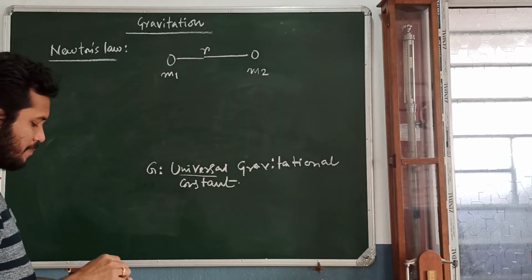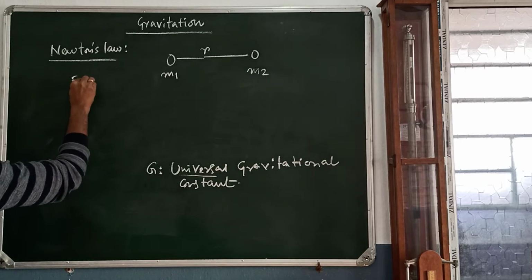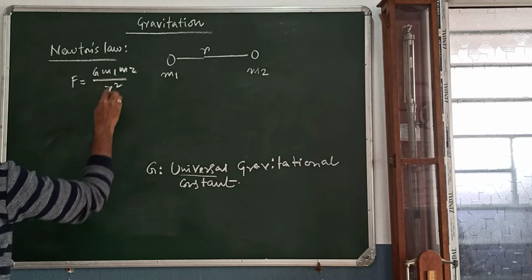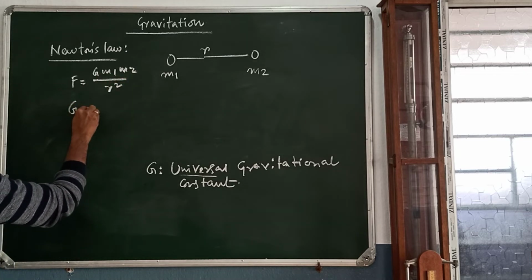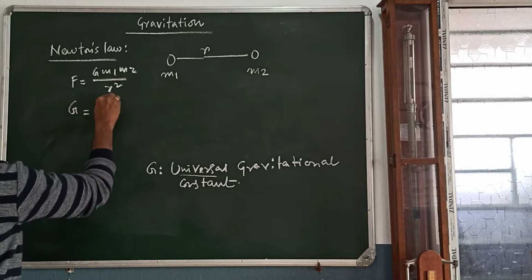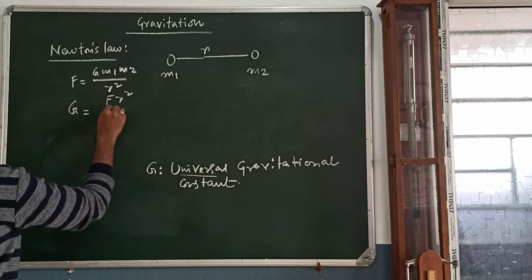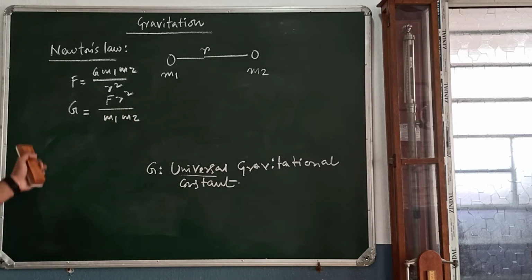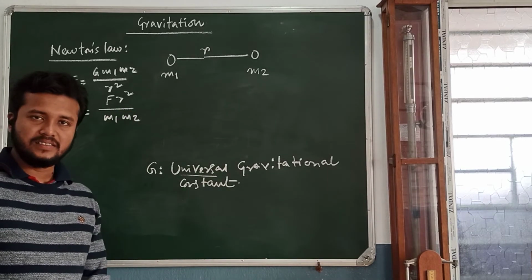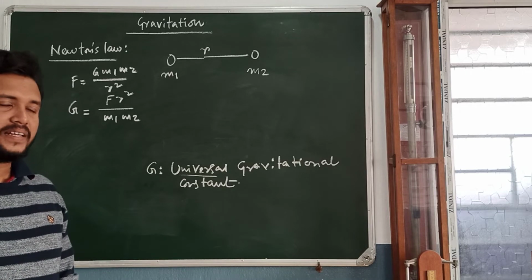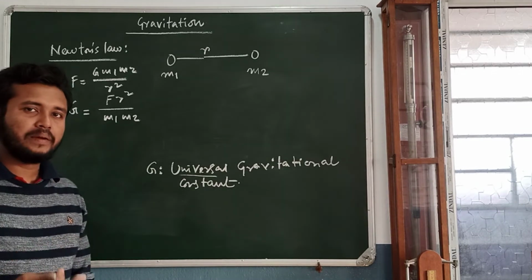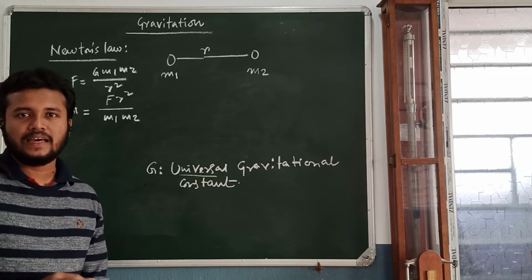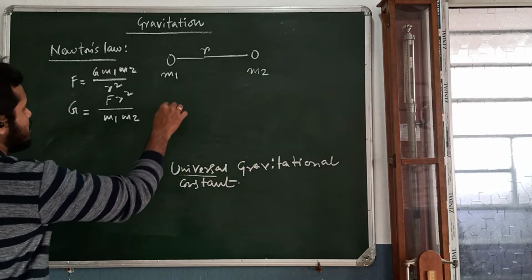So we have seen that F is equal to G m1 m2 by r square. From there, if I make G the subject of the equation, it becomes F into r square by m1 into m2. From here we can define the term capital G. There will be a particular dimension, a particular unit of that quantity, and also a particular value of capital G. So if I just see the definition part,